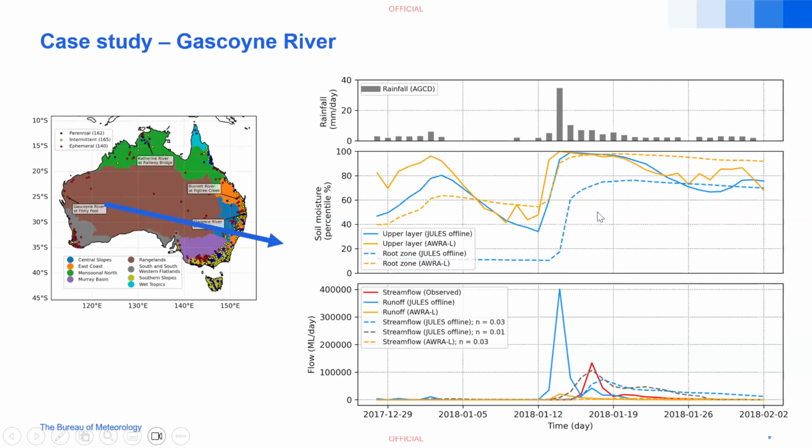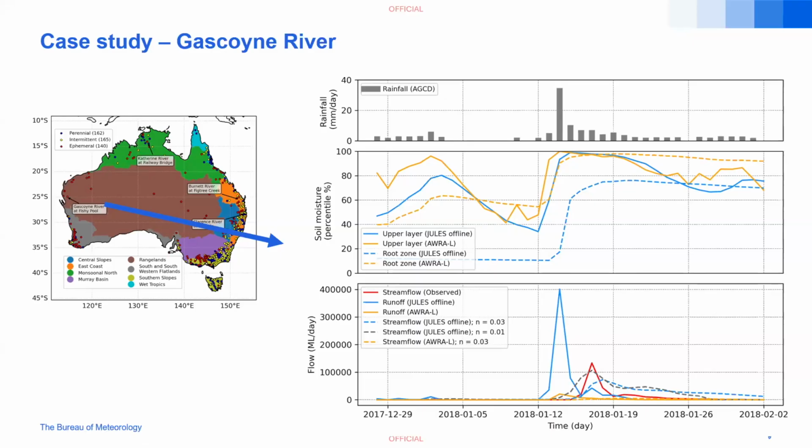That tells me that most of the rain in the case of the Aura is infiltrated into the soil compared to the JULES model. So that could be one interpretation, and I haven't looked in much more detail at some of the parameters and the hydraulic conductivity, where there may be more information. But this is something we can really look into by using CaMa-Flood to understand how the models